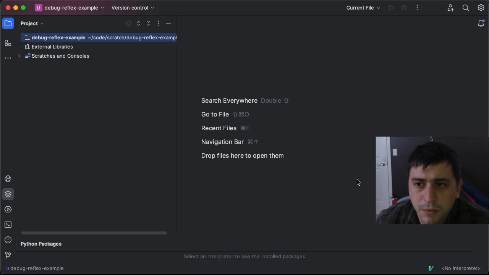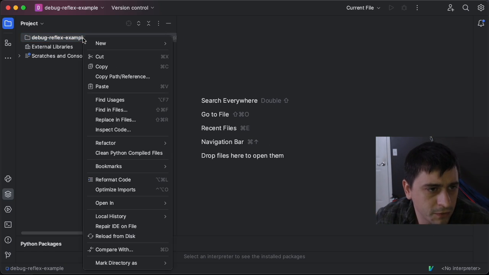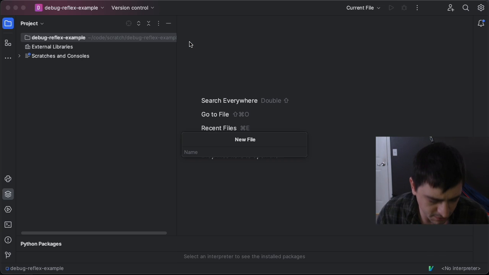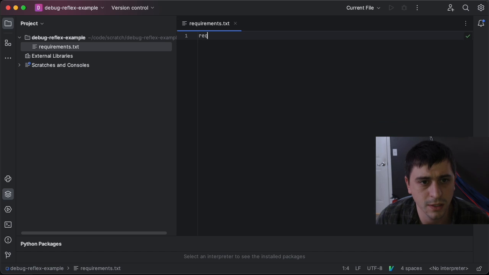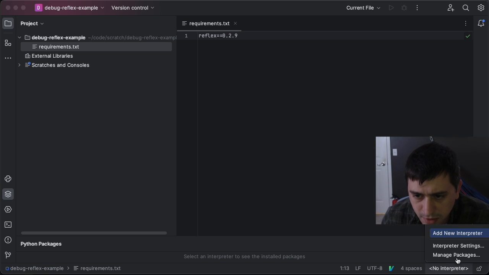In this video, we'll set up a new project with debugging in PyCharm. So the first thing we'll do is make a new file for requirements.txt, and this is going to be reflex==0.2.9. Save that, and then we'll set up a new virtual environment by going down here and saying add new interpreter,